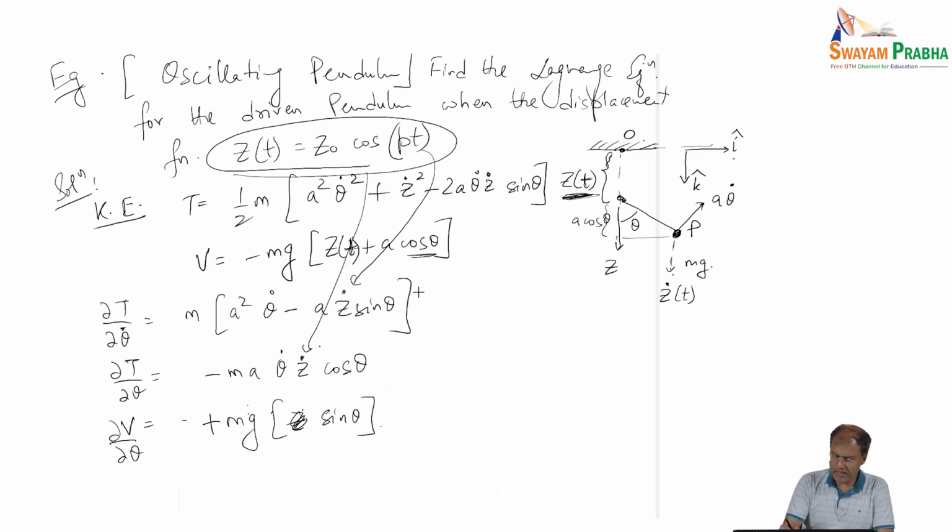Let me call this LE: d dt of, well, we have to substitute this quantity inside d dt of partial T partial theta dot. So this is m a times (a theta dot minus z dot sine theta)